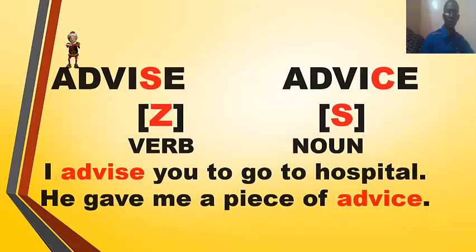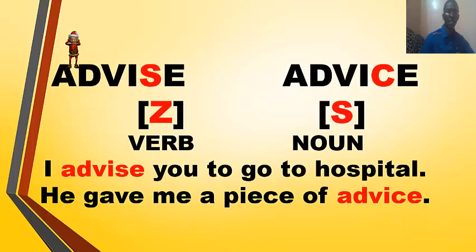Now, you have to be careful. There are 2 ways to write advice. You have advice with S and advice with C. The first, advise written with S, the S is pronounced Z. Advise. The second one, written with C, is pronounced S, advice. So here you have advise and here you have advice. What is the difference between the two? The difference is that here it is a verb, to advise, and here it is a noun, a piece of